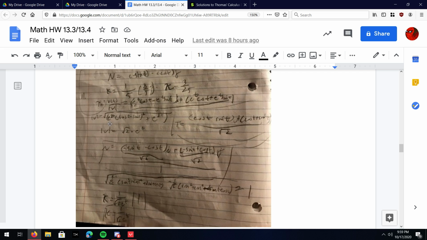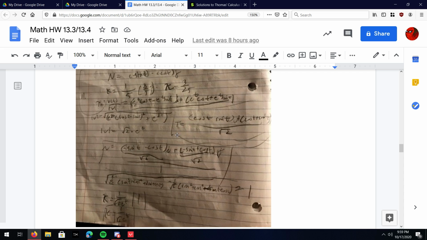And so as there are trig properties, we get basically root 2 times e to the t. And then the e to the t, we can factor out from the top, so the e to the t's cancel, so you're just left with cosine t minus sine t i plus cosine t plus sine t j over root 2. So then for N, you just have to find the derivative of this curve and then find the